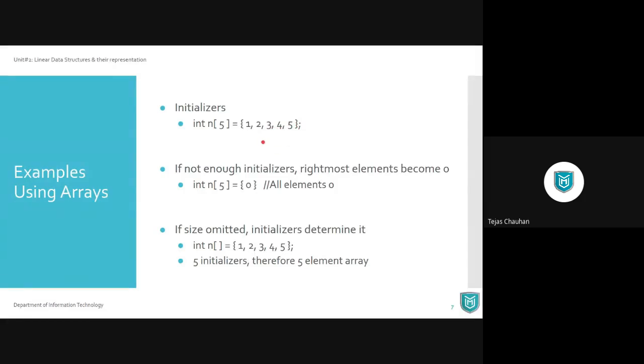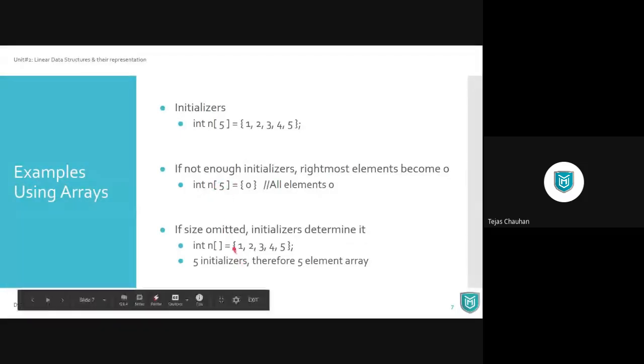We have seen these examples in the lab session. And if you want to assign all the elements the same value 0, then n of 5 equals, write 0 only once. Then it is going to assign 0 to all 5 elements. Okay. Now when you initialize your array at the time of declaration, then you can omit your size. That's also possible.